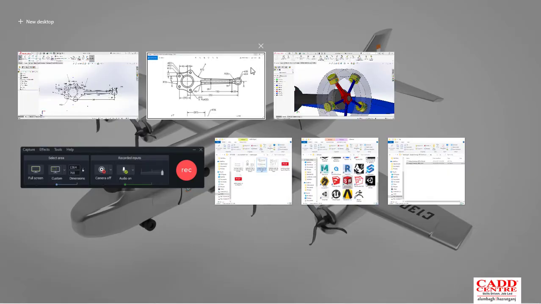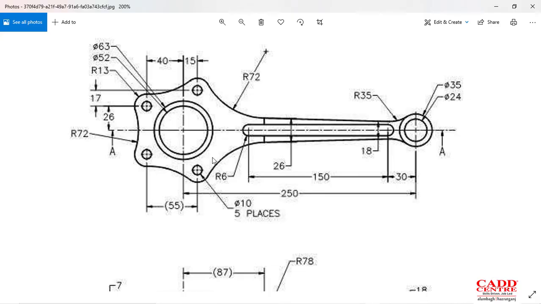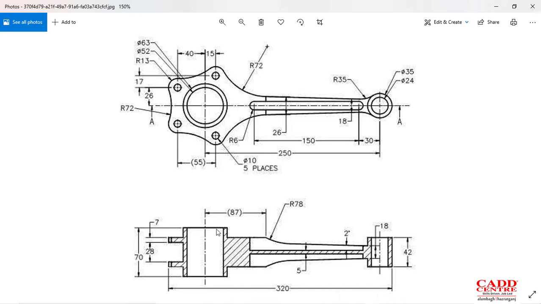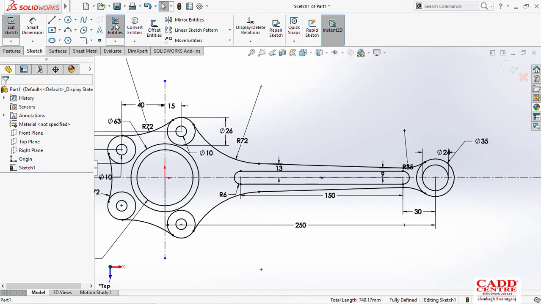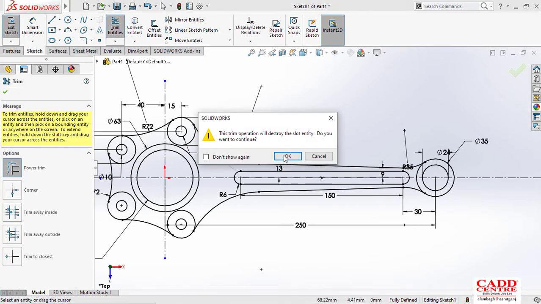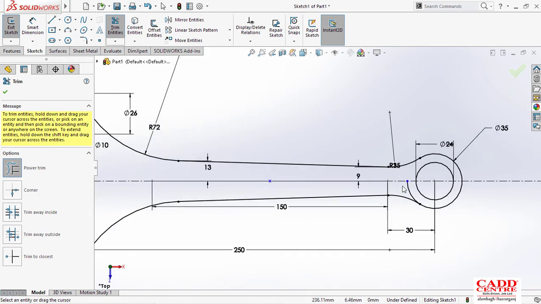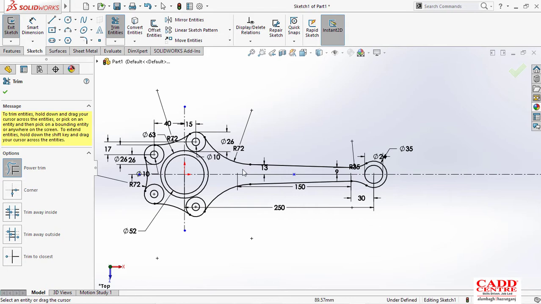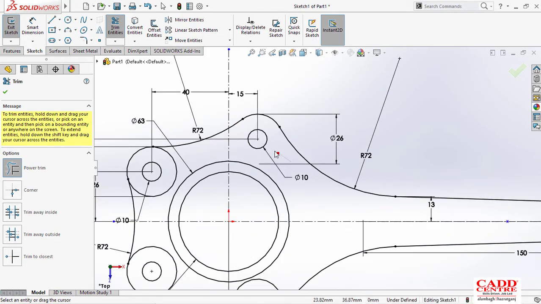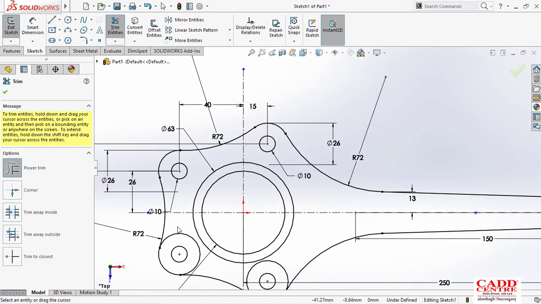We can't leave it like that as a cross section. They have given that the total extrusion is 70, so I'll extrude it with 70, and before that I'll trim something. At that point we don't need that slot, because that slot will appear when we cut those things. Also we don't need this one, because the concept of extrude only works when we have just one closed profile. So I'll make the one closed profile, that's it.